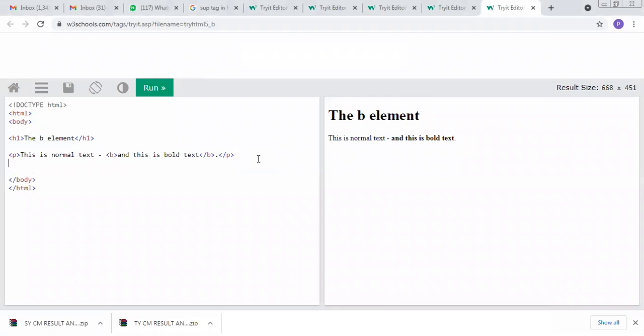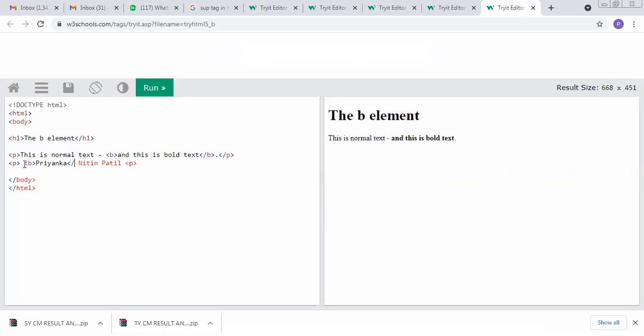For example, if we display my name, Priyanka Nitin Patil. Here it is plain text, but if you want to display my first name in bold format, we have to enclose Priyanka in the B tag.